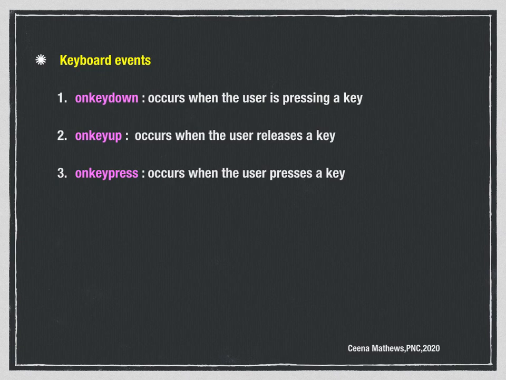That is, if you completely press a key, then in that case, as you begin pressing the key, on key down occurs, and then as you completely press the key, on key press happens, and then after you release the key, on key up occurs. So while pressing a key, first on key down occurs, then followed by it is on key press, and then when you take the finger from the key, then on key up occurs.